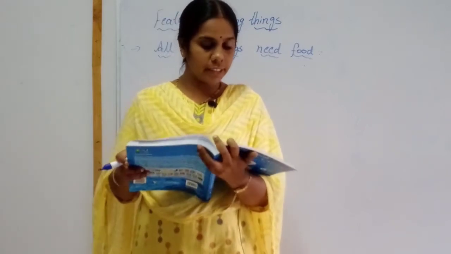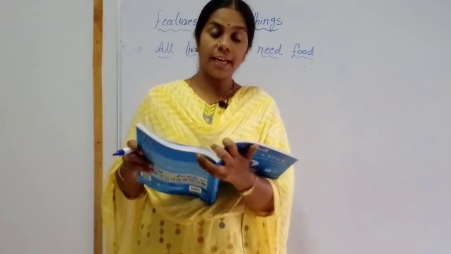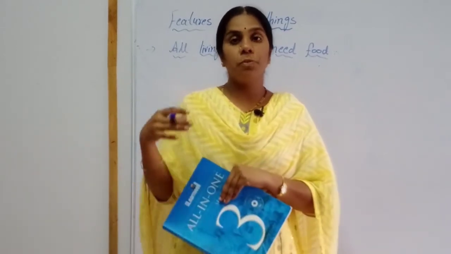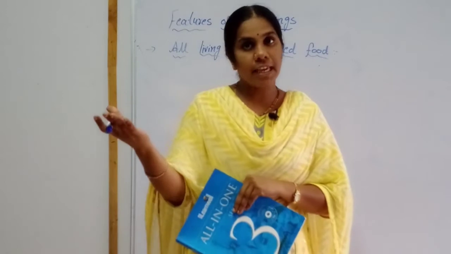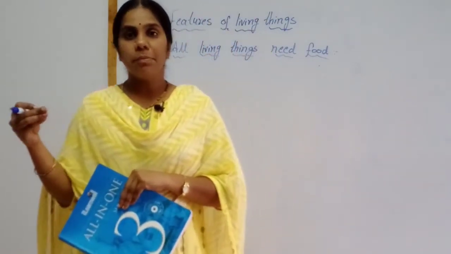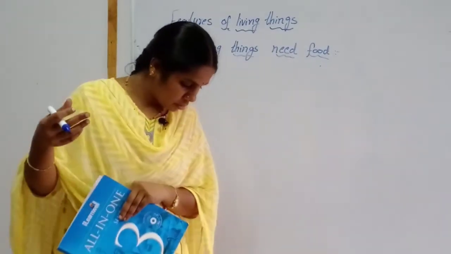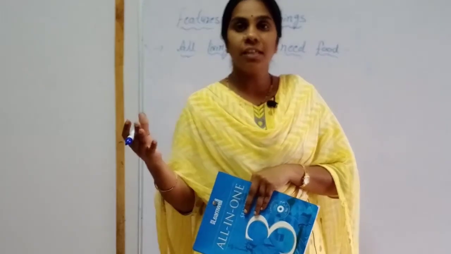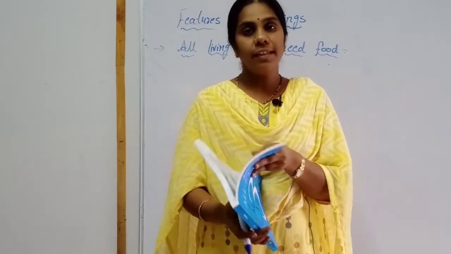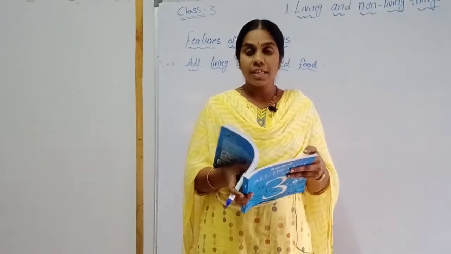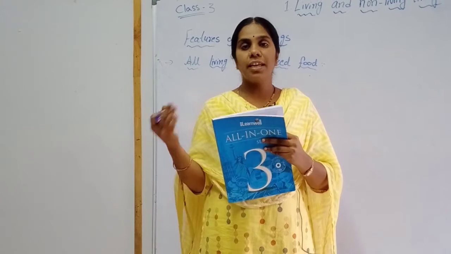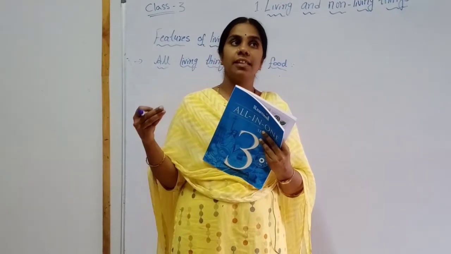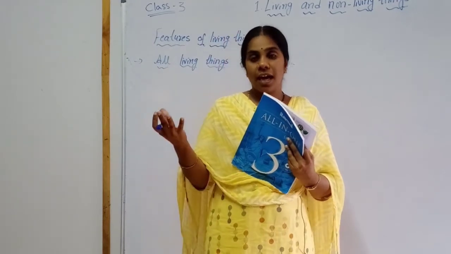Animals get their food from plants and other animals. How are the animals getting their food? They are getting their food from other animals and other plants. Tell me some examples. The cow is getting food from the other plants and grass. The cow eats grass, whereas the lion eats other animals as food.